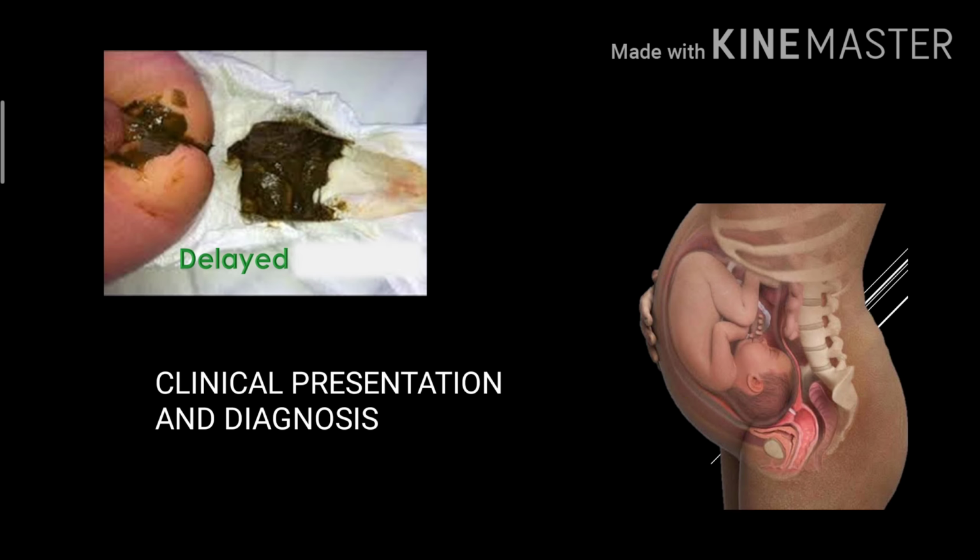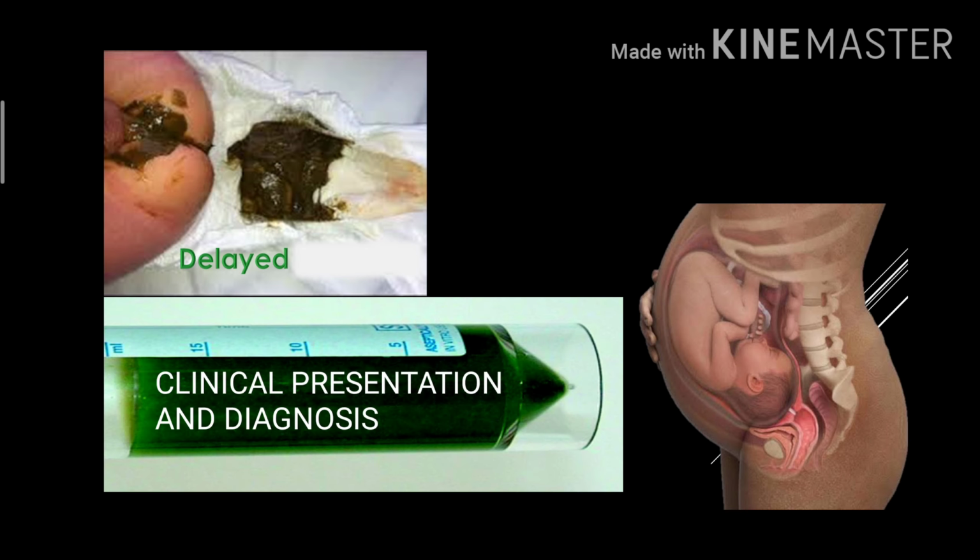Then coming to one of the most common presentations: delayed passage of meconium. The meconium will generally pass within 24 hours. If it is delayed for more than 48 hours, we have to consider the possibility of HD or any other functional problems with the anatomical obstruction in the bowel. Now, the patient can present with bilious vomiting due to the functional obstruction of HD. Any bilious vomiting in a newborn period is surgical unless otherwise proved.